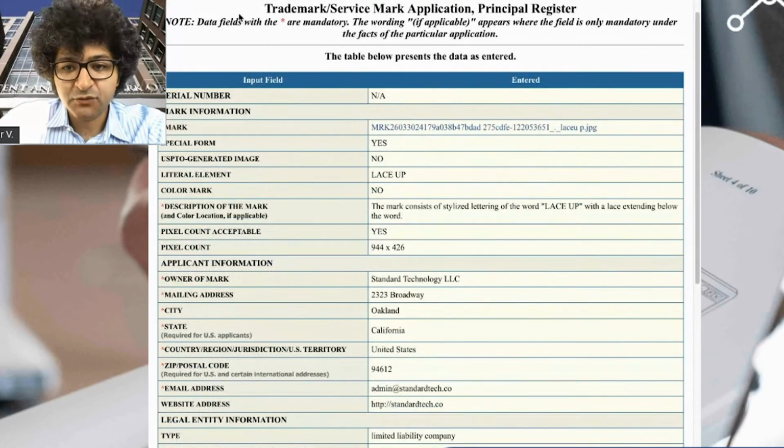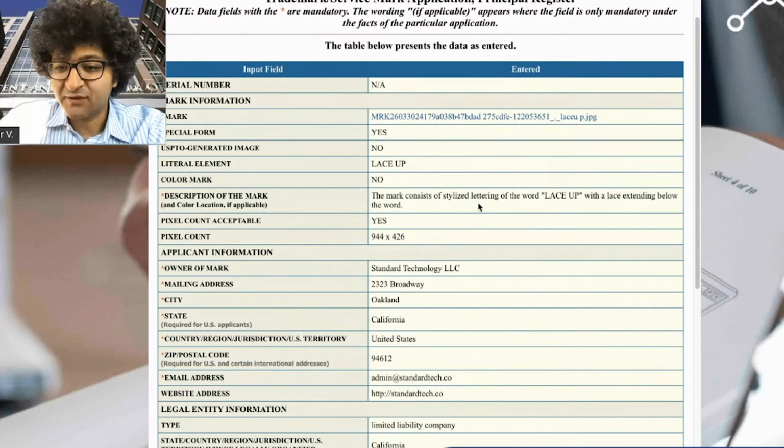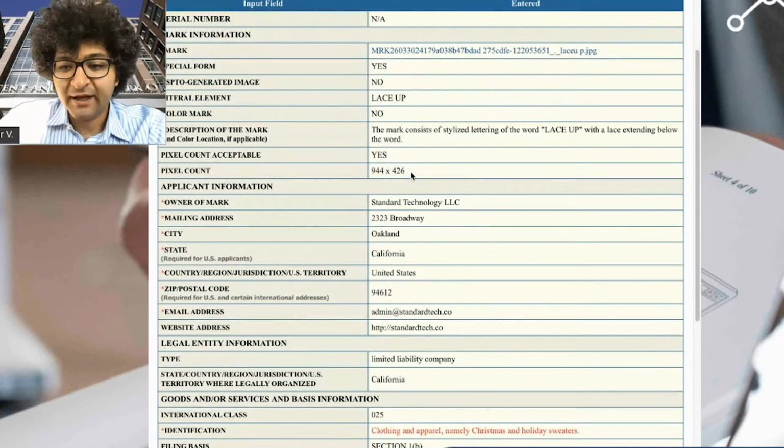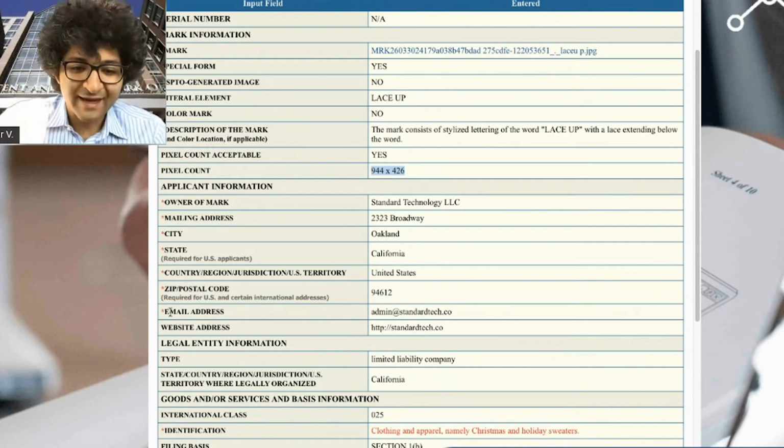So let's just review the application real quick. Again, this is the literal element of the mark, lace up. It's a special form mark, also referred to as a word mark. And this is the text that describes what the actual design is. So it's stylized lettering of the word lace up with a lace extending below the word. And again, pixel count's acceptable. That's because we kept the image within that 944